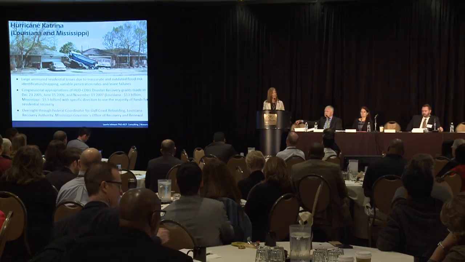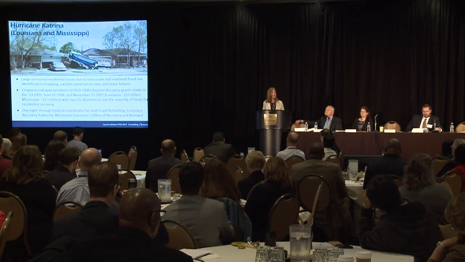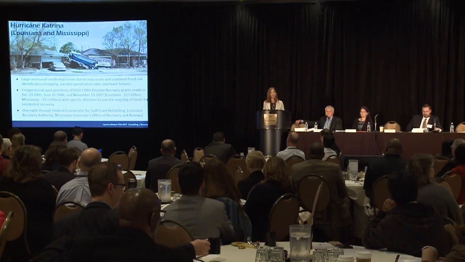And so those block grant allocations or authorizations were made in late December, so almost 4 months after Katrina hit, and June of the next year, so almost 1 year. And then the third one didn't come until November 13, 2007. Altogether, Louisiana received $13 billion in CDBG-DR grants, Mississippi 5.5, and Congress specifically directed that the majority of this funding had to be used for residential